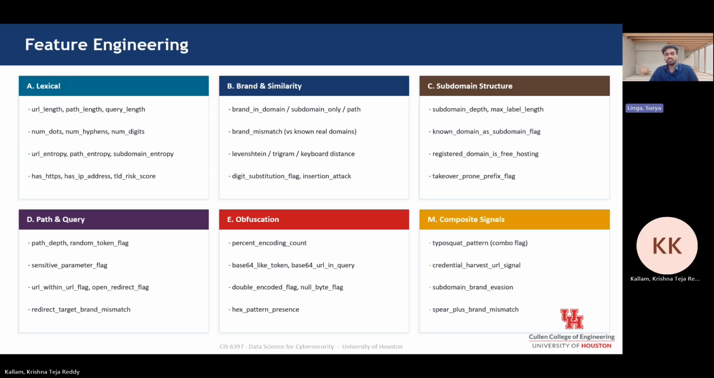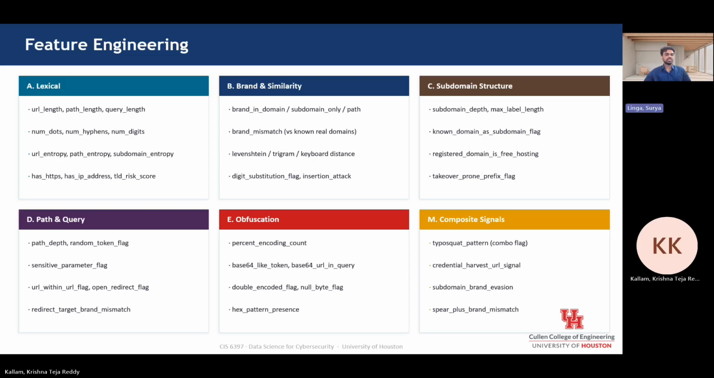The third one is subdomain features, which check how deep and suspicious the subdomain structure is. The fourth one is path features, which look for open redirects and sensitive keywords. The fifth one is obfuscation features, which detect things like base 64 encoding or double percentage encoding hidden in the URLs. And the last one is composite features, which combine multiple single signals together, like catching a typo of PayPal plus an